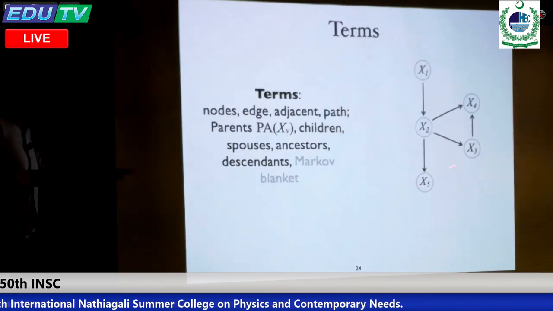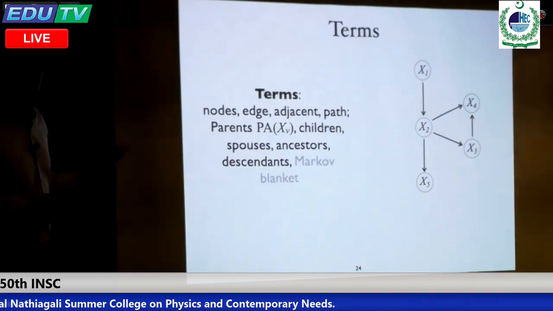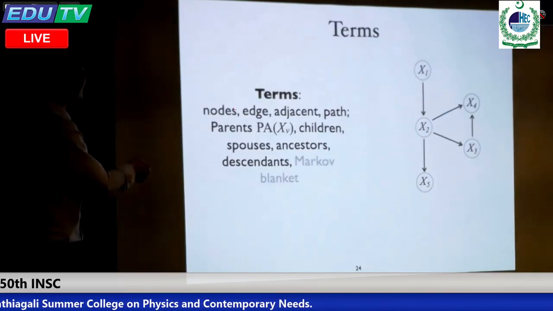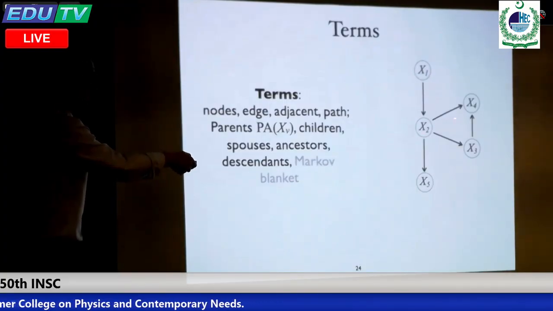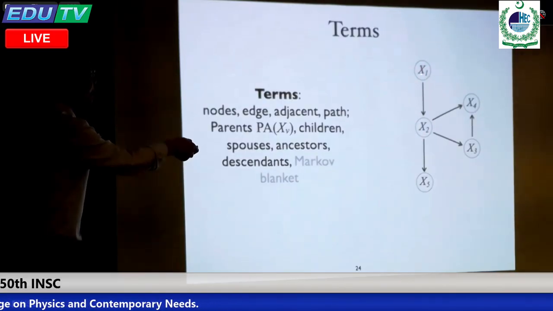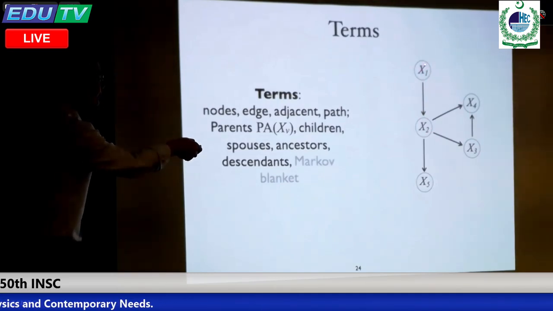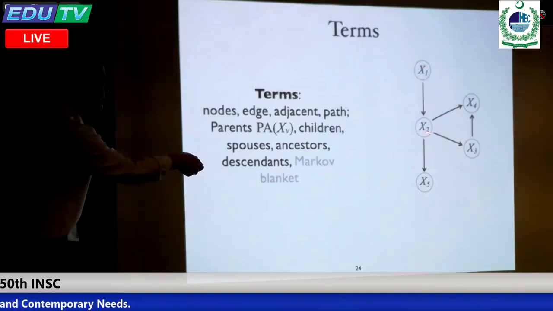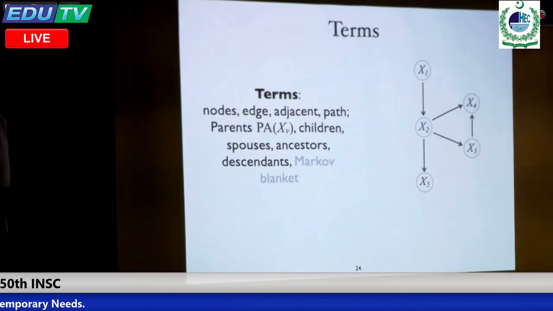So we use the graph to represent the causal relation. As you can see from here, each link is directed, and here you can see the terms. Graphical models are very simple because they are very intuitive. Each of them is a node, this is the edge or link, and if there is an edge in between, we say they are adjacent. And if you ignore the directional information and just follow a set of consecutive links, then we say they are a path. So here, there is a path from x1 to x3 this way, then another path from x1 to x3 via x2. If you just go this way, it's a path. It's just a set of consecutive edges.